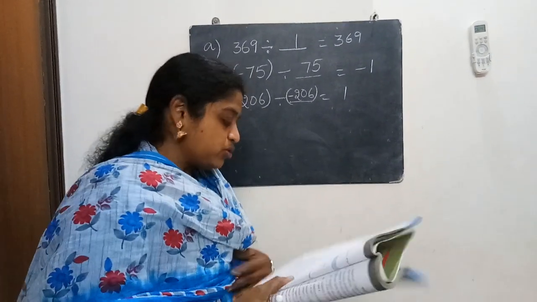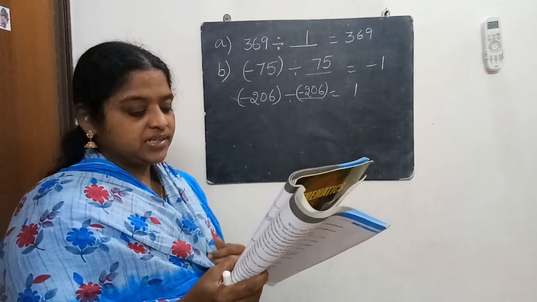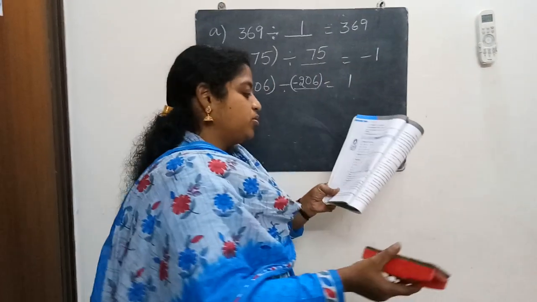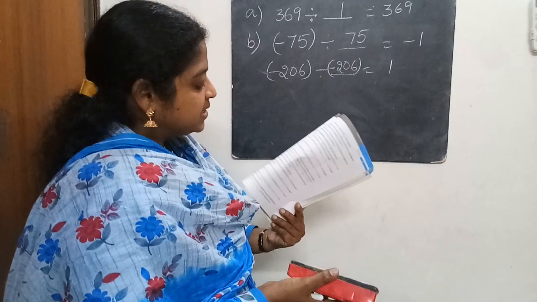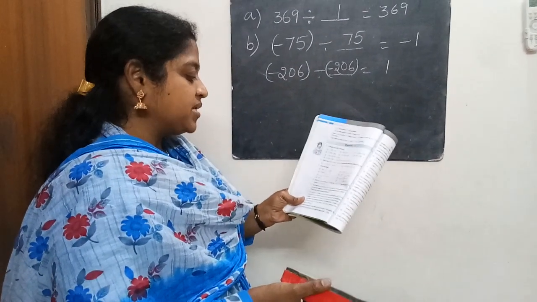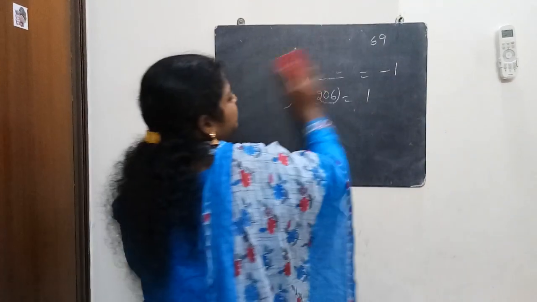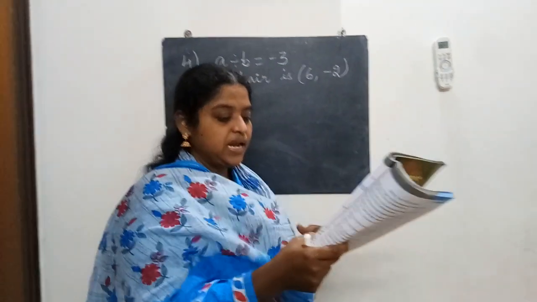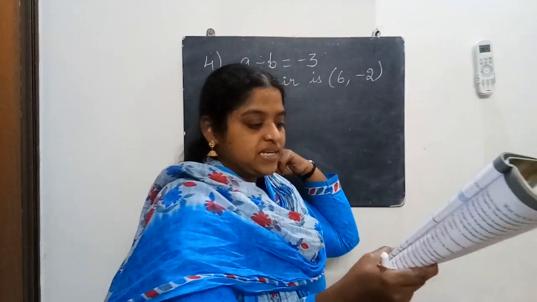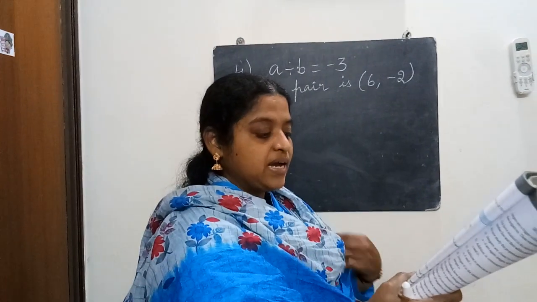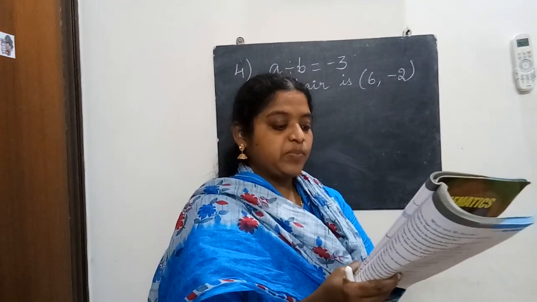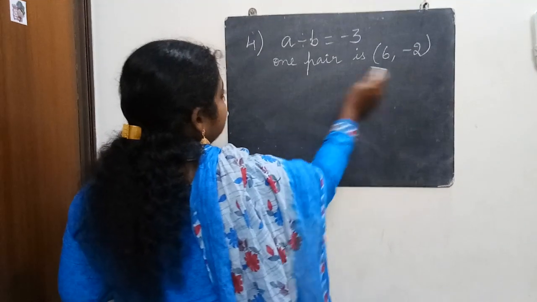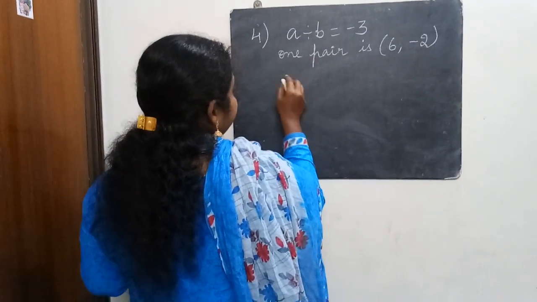Okay. Shall we go to the fourth one? Write 5 pairs of integers a, b such that a divided by b is equal to minus 3. One such pair is 6 comma minus 2, because 6 divided by minus 2 is equal to minus 3. Okay, see here the next one. So we should get minus 3 only as the answer. The first one is 6 divided by minus 2 is equal to minus 3. The pair is giving the answer as minus 3. So they have given these two numbers, and we'll try it first.